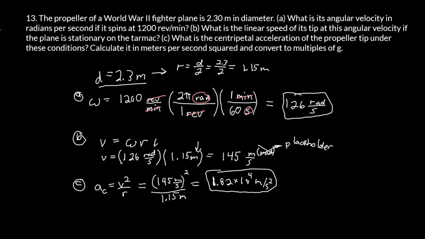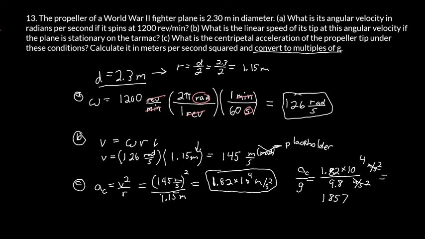And we're not quite done because we also want to know what this is by converting to multiples of g. So to convert this into a multiple of g, I take the centripetal acceleration, AC, and divide it by the value that we know for g, the acceleration due to gravity. So I do 1.82 times 10 to the fourth, and I divide that by 9.8. Each of these have units of meters per second squared. So when I divide this, the units go away, and I get a final answer of